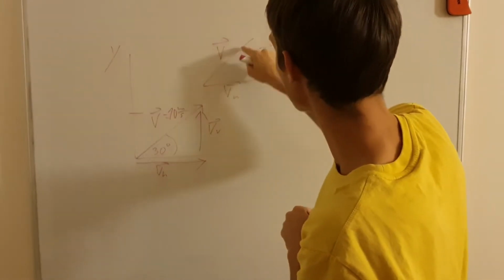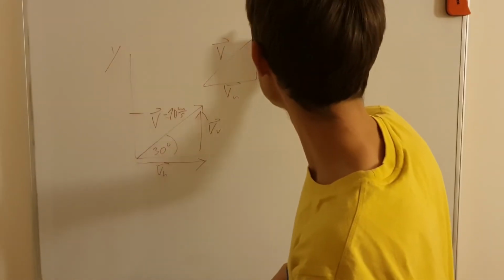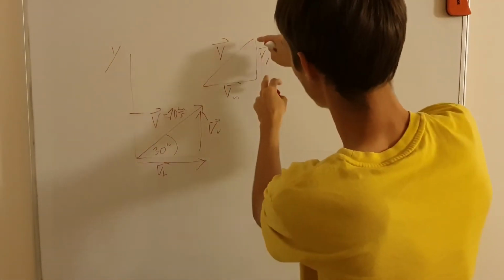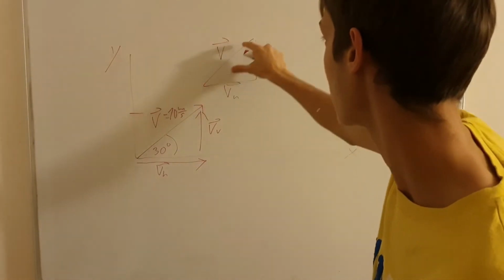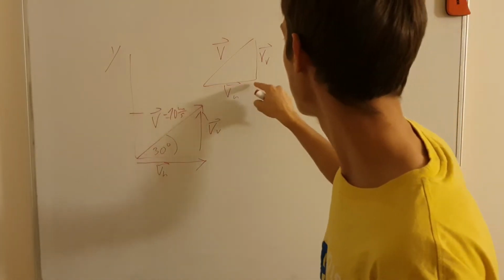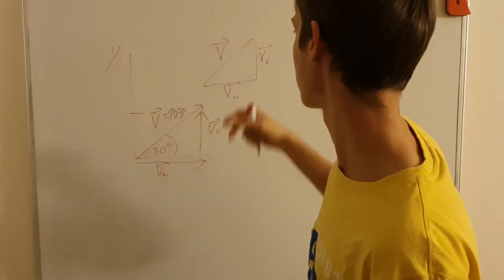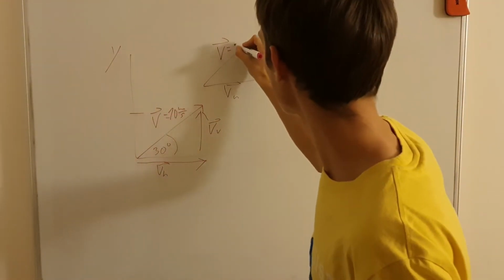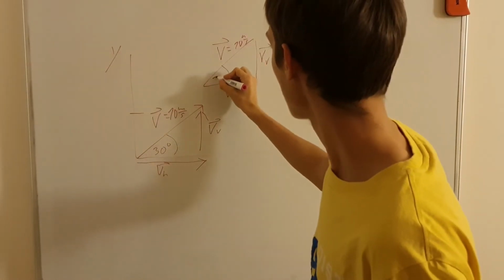So either this one, this straight one, or this one with the turn upward, they will both reach the same point. But these two only talk about just the x direction and just the y direction. This one talks about it in a mixed fashion, graphically showing exactly the straight movement from this point to this point. In either case, either the addition of these two or just this one by itself finally adds up to the same result. And so if this one has a magnitude of 10 meters per second, I can, using trigonometry, calculate